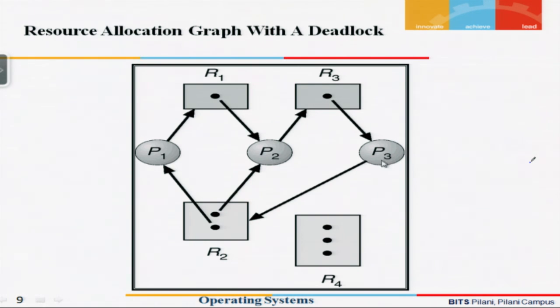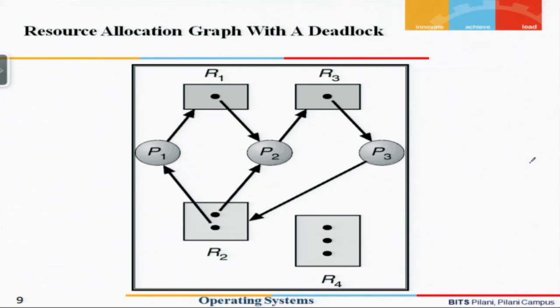So, P2 and P3 can be considered in a deadlock. In a similar manner, we can also say that P1 is holding a resource and waiting for P2 to release a resource. So, P1 and P2 are in a deadlock, and we should observe one thing here, that we should try observing